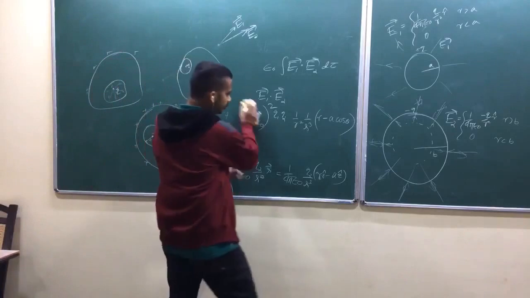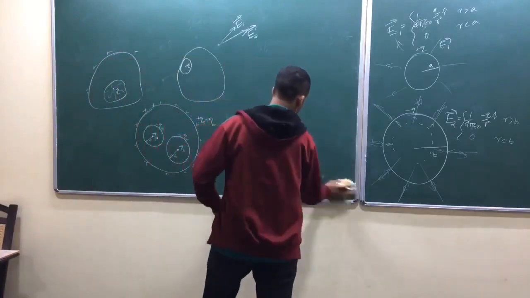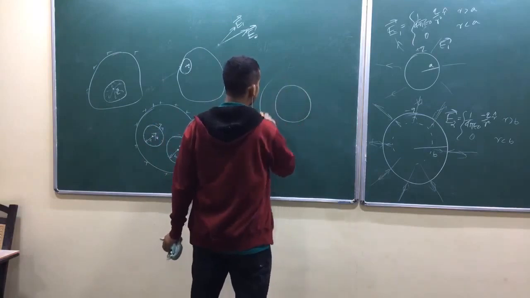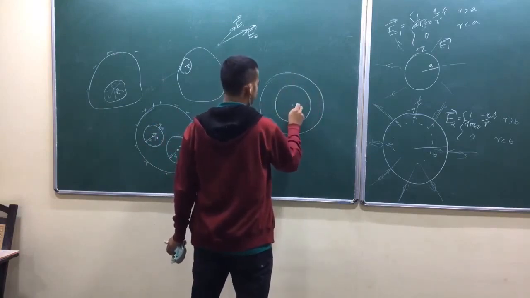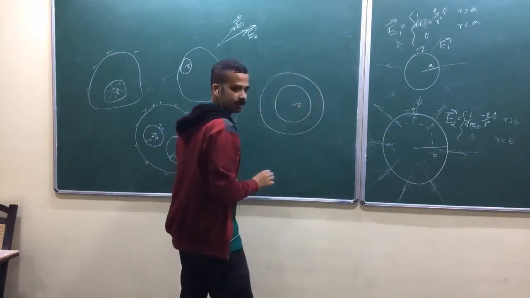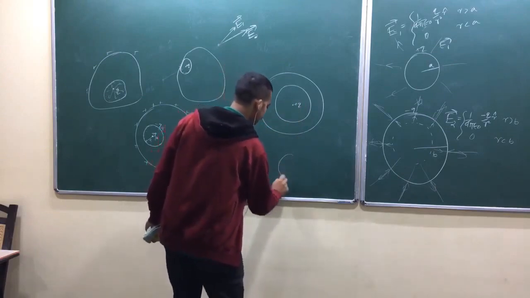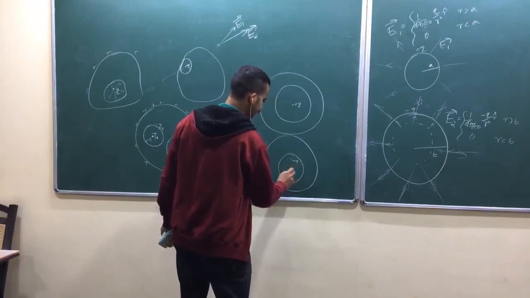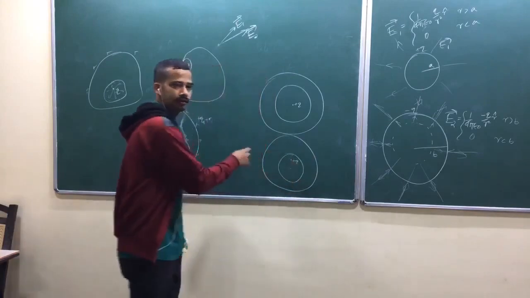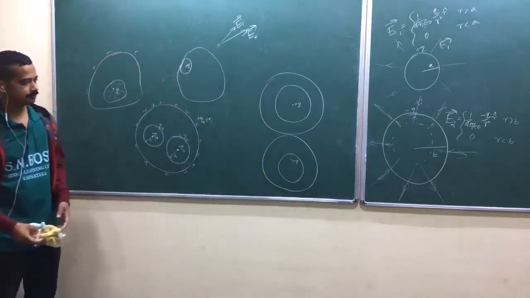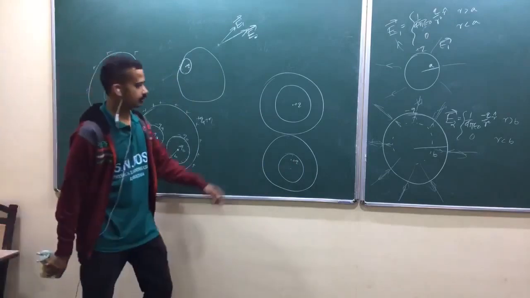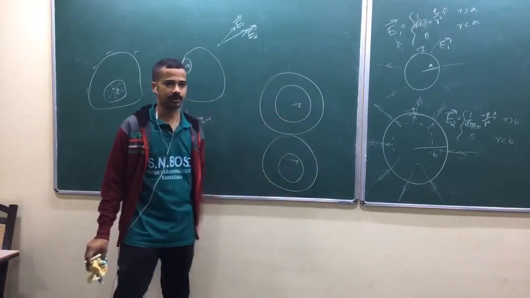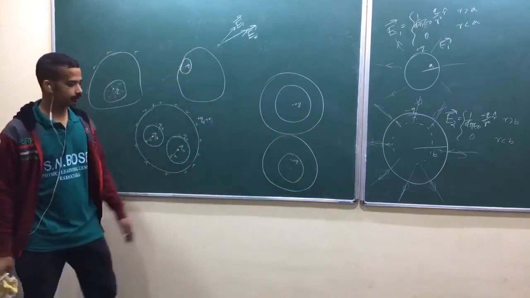Now, my question is, I'll take a very simple one. I'll take a very thick sphere and place a plus Q charge exactly at the center. Then I'll take a similar thick sphere and place my plus Q charge just away from the center. Here the net force is zero, you can see, because of symmetry. So what about the other one?